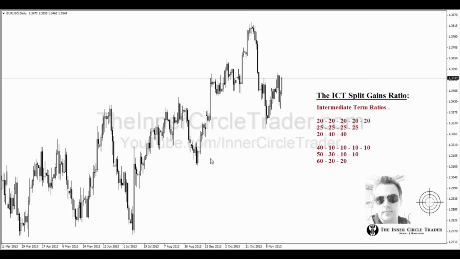Again, using logical price levels and Fibonacci, simply applying that overlapping of reasons, or confluences, for price to be moving to those levels. That's where you would be doing these split gain ratios. In other words, where I'm going to be taking my position off and how much of the position that I initially put on would I be taking off. Now this gets back to